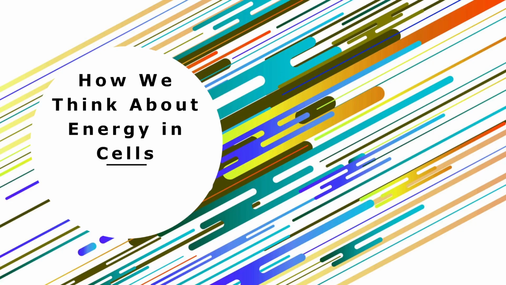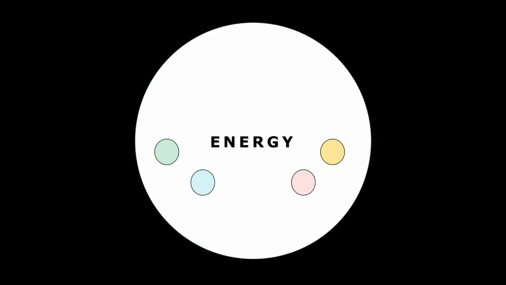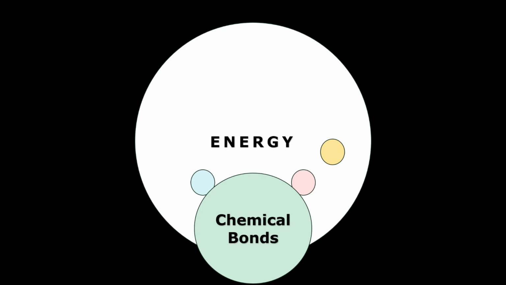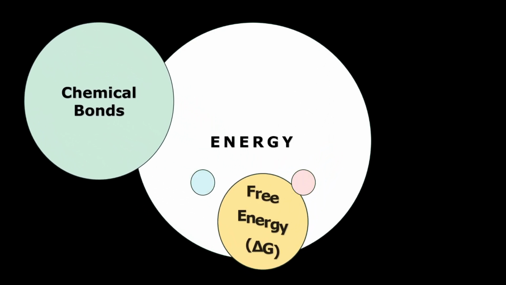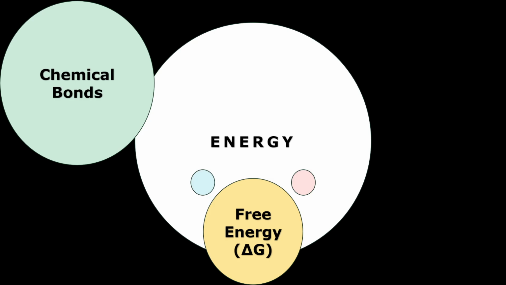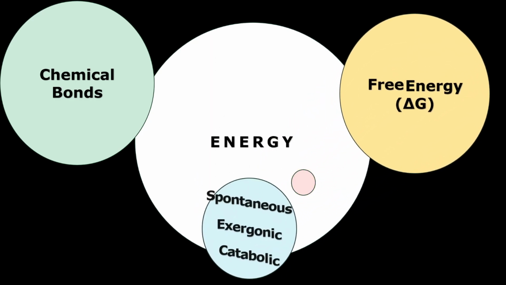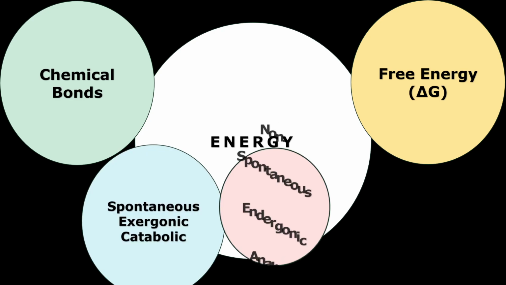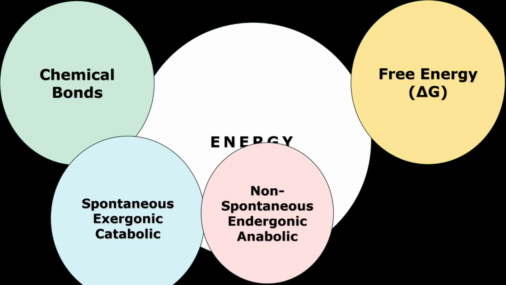How we think about energy in cells. In this first video, we'll define energy, showing how it's stored in the chemical bonds within molecules. We'll show how energy is quantified as free energy in living cells. Then, we'll classify reactions as spontaneous, exergonic, catabolic reactions, which break down molecules and release energy, or non-spontaneous, endergonic, anabolic